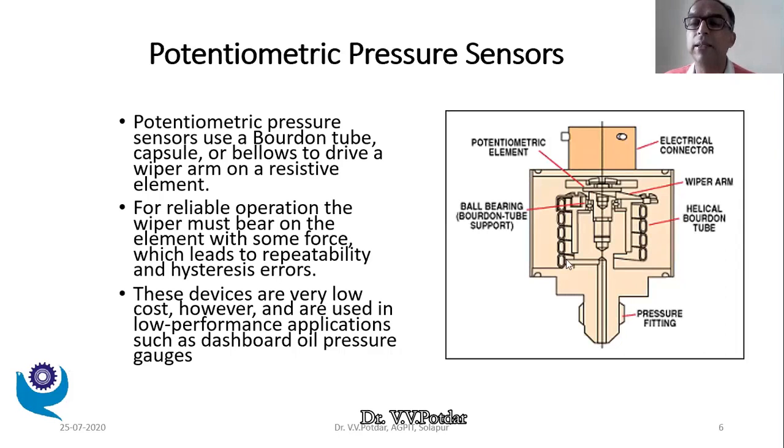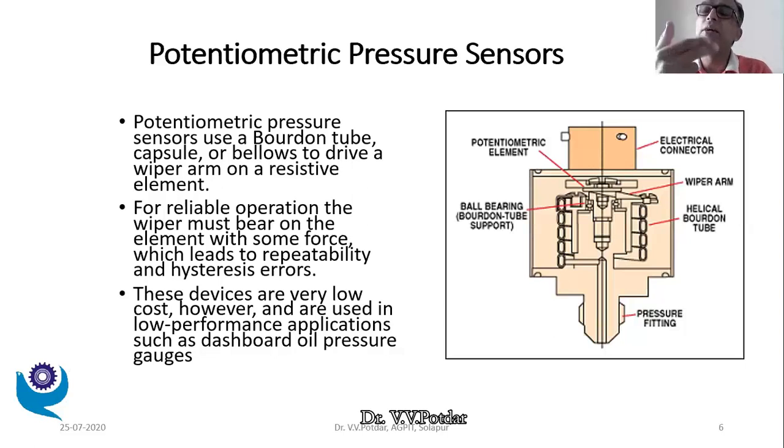The pressurized fluid enters inside this helical tube. And as I said, with application of pressure, the helical tube tends to expand. And as it tends to expand, the free end is subjected to angular displacement. Okay. So this is the free end of the tube. As the pressure is applied, the helical Bourdon tube is trying to open up, and the free end will start rotating. It is subjected to angular displacement.